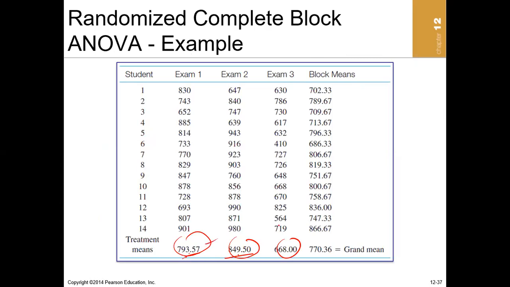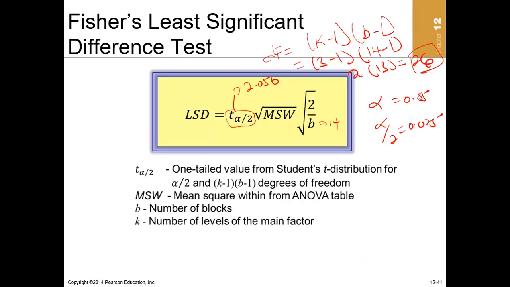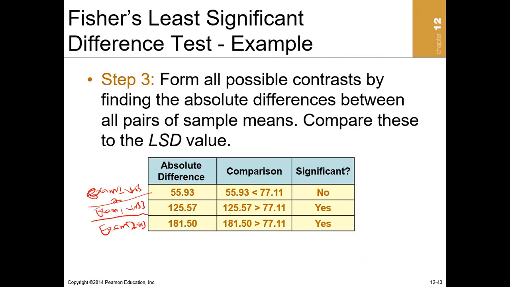So this minus this will give you exam 1 versus exam 2. This minus this will give you exam 1 versus exam 3. And then this minus this will give you exam 2 versus exam 3. Okay. So once you do that, you are going to get these absolute differences. So we are going to compare these absolute differences against